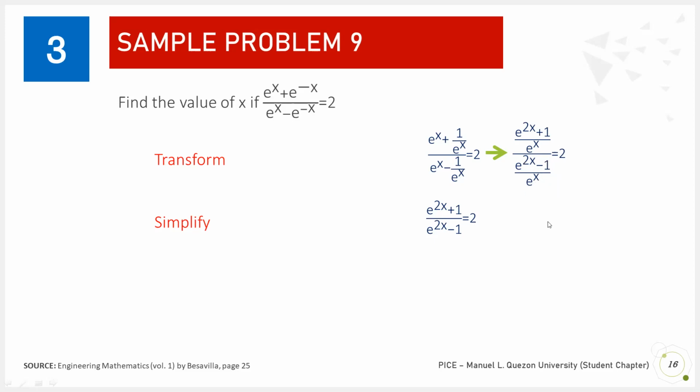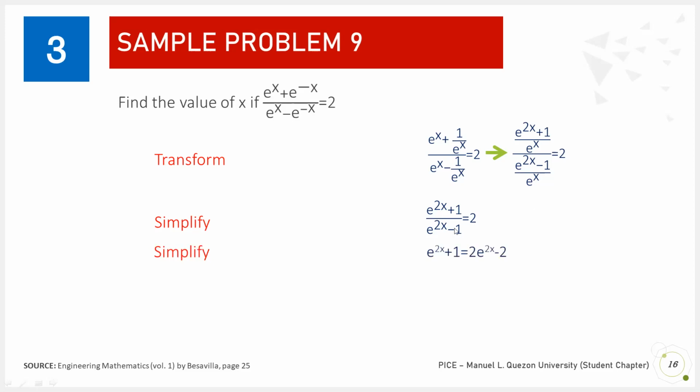Pag nakuha natin yung reciprocal, i-multiply na natin siya dun sa fraction natin sa numerator, which is e raised to 2x plus 1 all over e raised to x. So, kung nakuha natin yung reciprocal nito, itong e raised to x na to is nasa numerator na siya. Tapos meron tayong i-multiply na fraction na ang denominator is e raised to x. So, maka-cancel out. So, ito yung magiging resulting equation. And then, we simplify this further